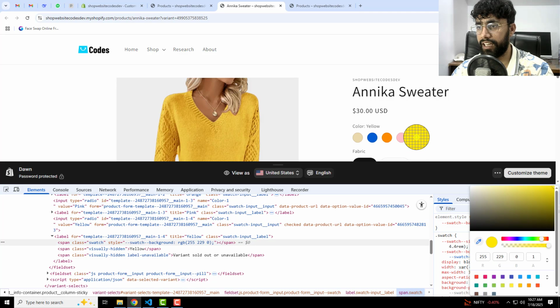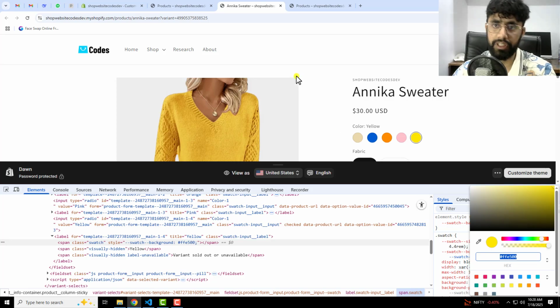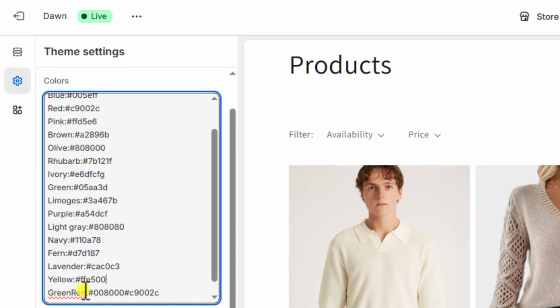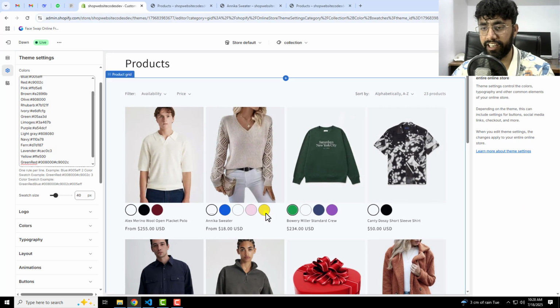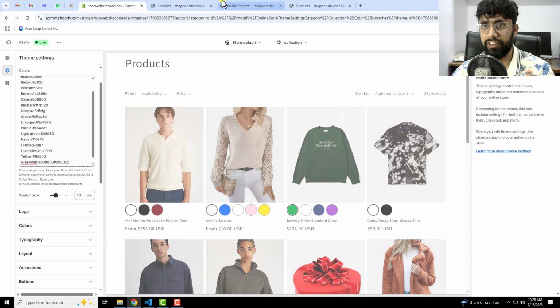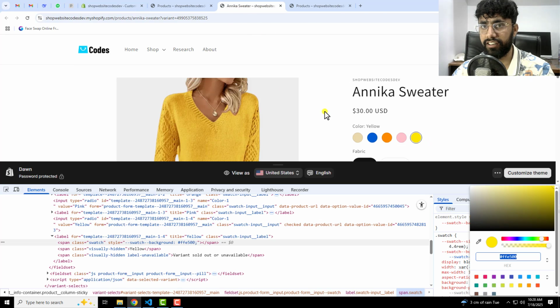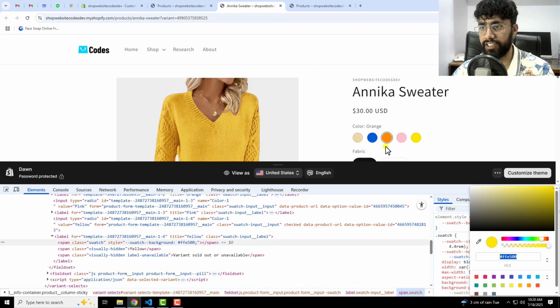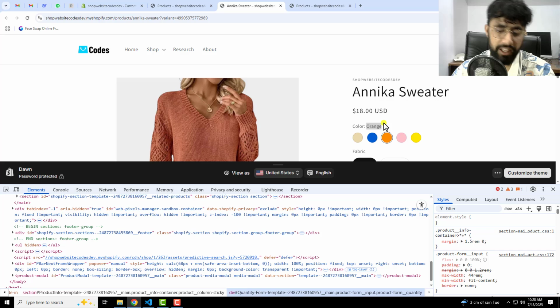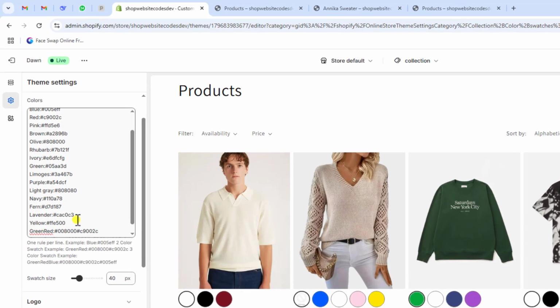So you can pick like this, and let me see what is the, yeah, this is the hex code. You should copy this hex code and then go back and paste that hex code here, and then click on save. You can see that the yellow color is reflecting right here. In the same way, for example, we have another color which is not reflecting, that is on the left of it, yeah, this orange color. So you should copy the name of this color, paste it right here,